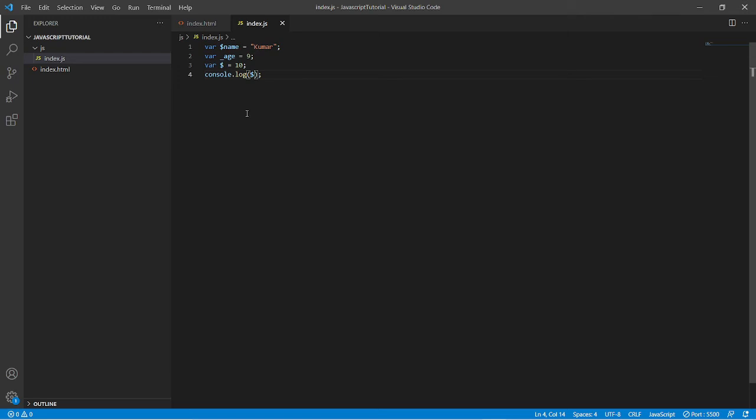These are not meaningful names. When we work in a live project, we must write meaningful names so that whoever works on that project will understand by just observing the variable names. So it is very important to create correct and meaningful variable names. For example, this dollar name does not signify anything. Name can be anything, like a human name, or an object name, anything.